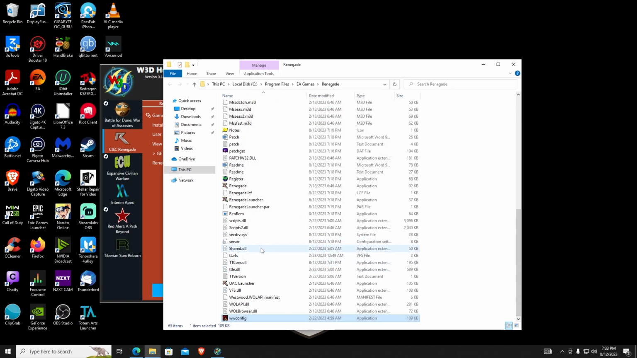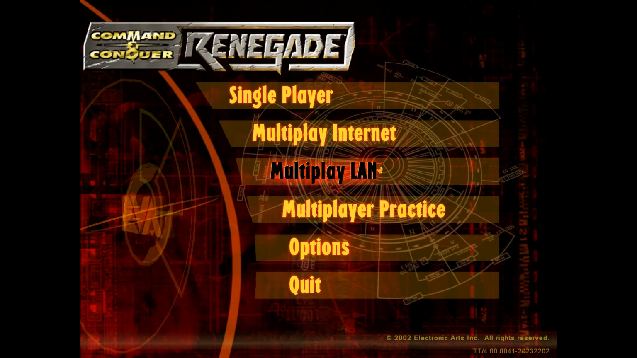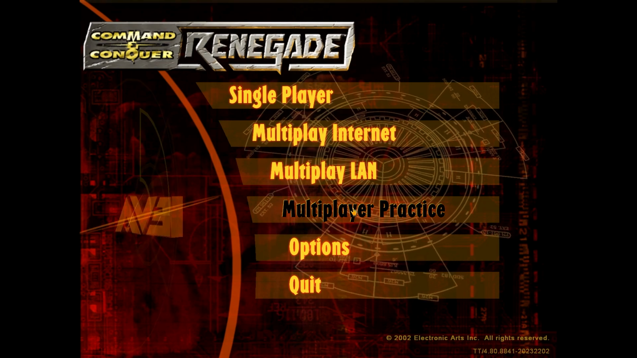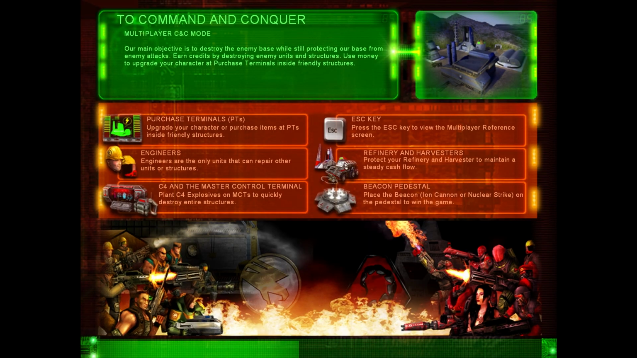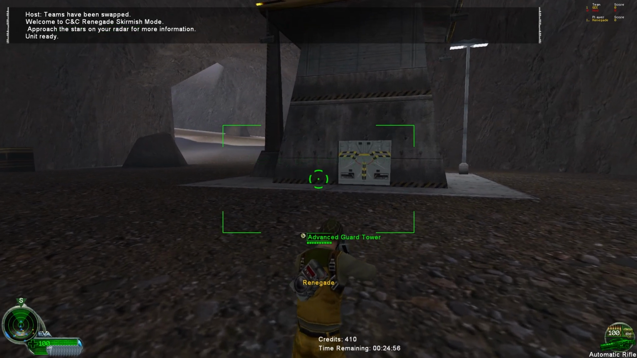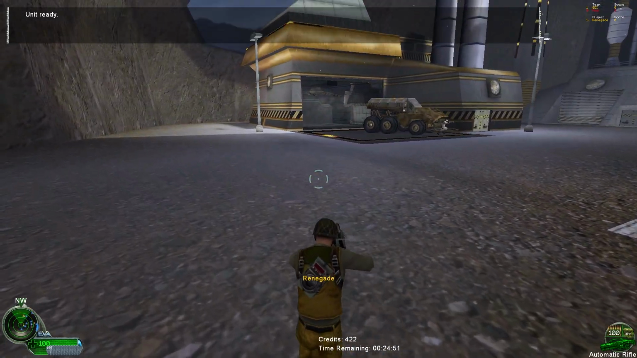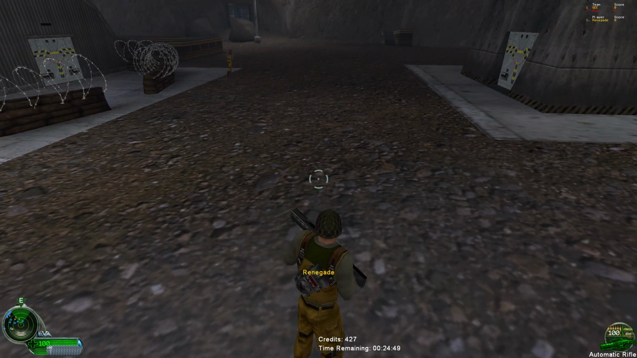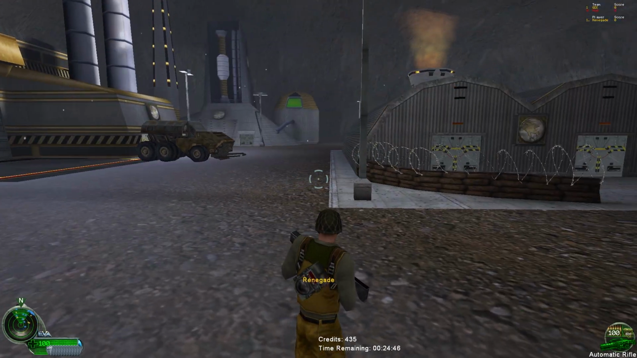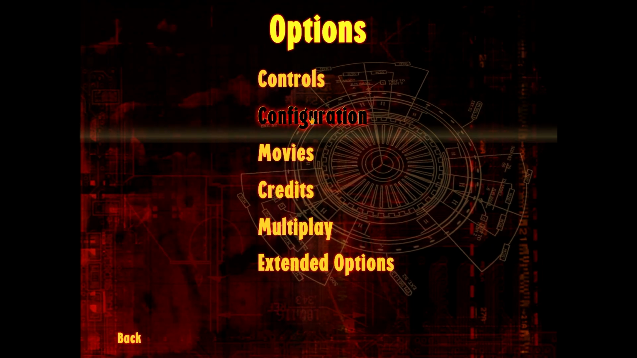And then hit OK. And then open the game again. And now it's in max resolution. If we click here in multiplayer practice, you can see unit ready. That your textures might be looking a bit saturated or not as high quality. Just make sure that those options